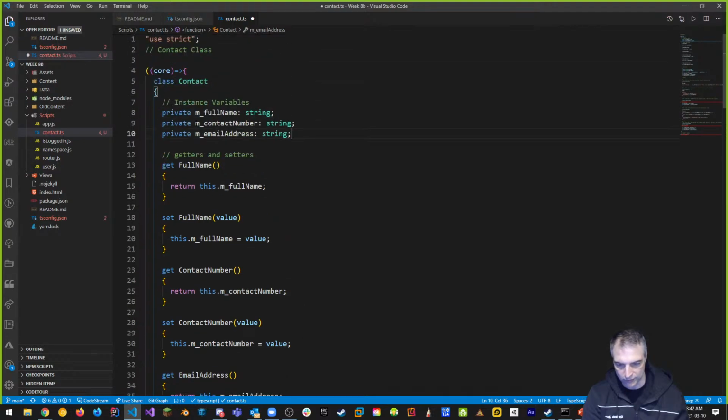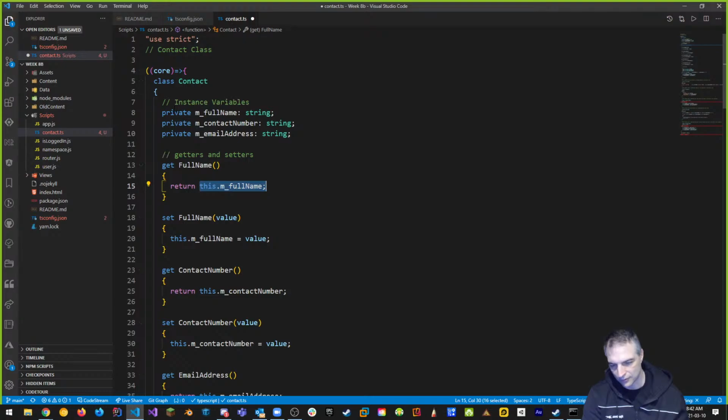Okay, and the reason why we have to do this is because think about this in a classical example, for example, with C++ or with C#. How are you going to use an object that hasn't been declared yet? You can't, right? So this is what TypeScript gets you to do, and then it declares the types up front. That's what those do. And so you get good code hinting.